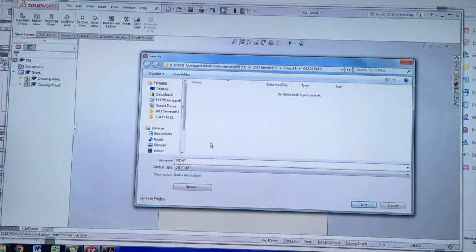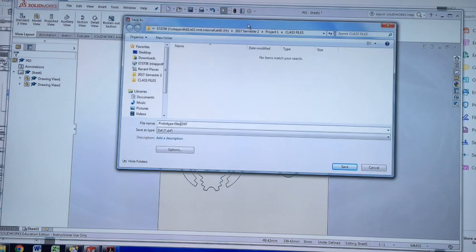So I'm just going to name them prototype files. It doesn't really matter what you name them here because you'll have to resave them again later on. Under the options,